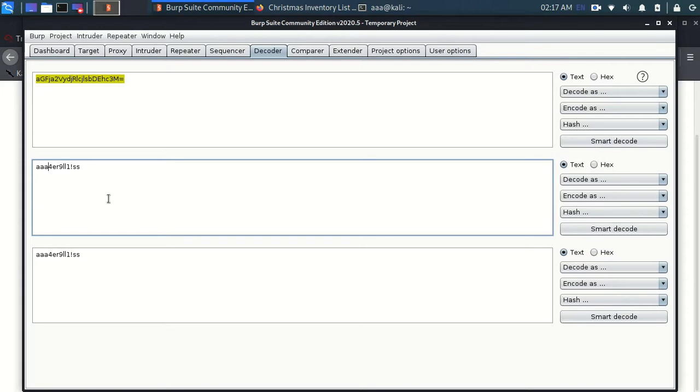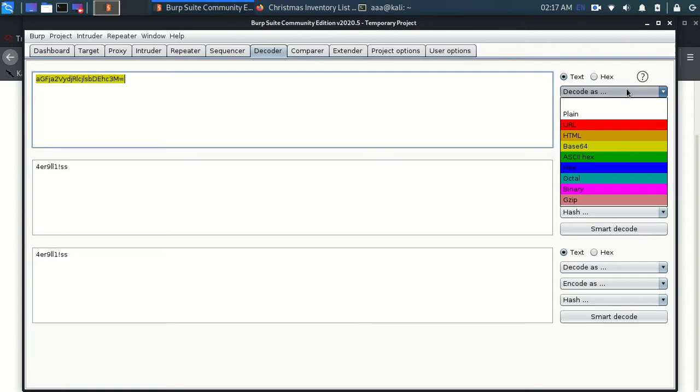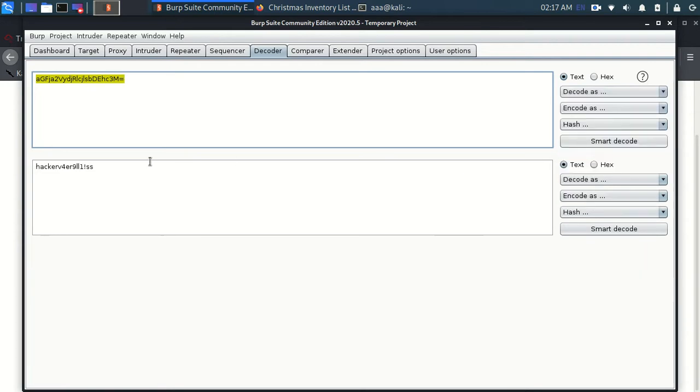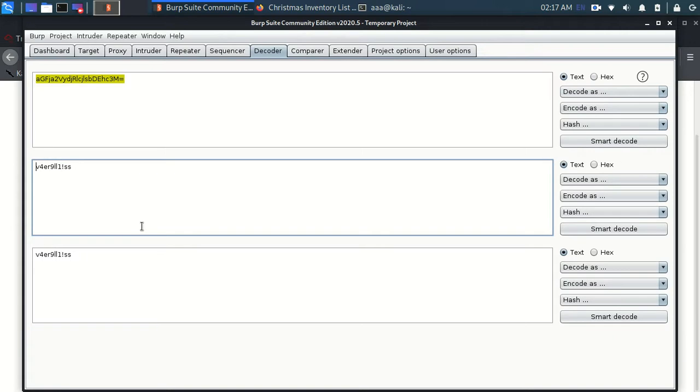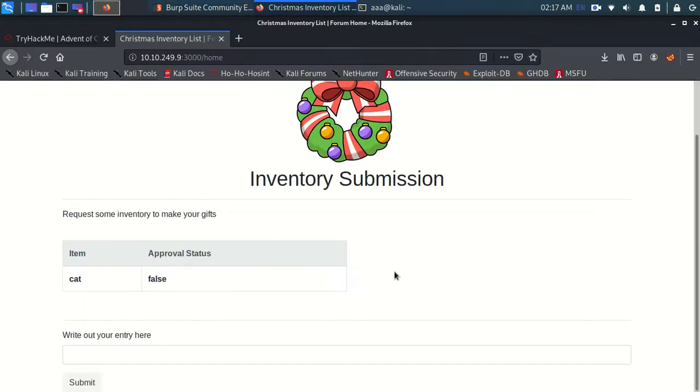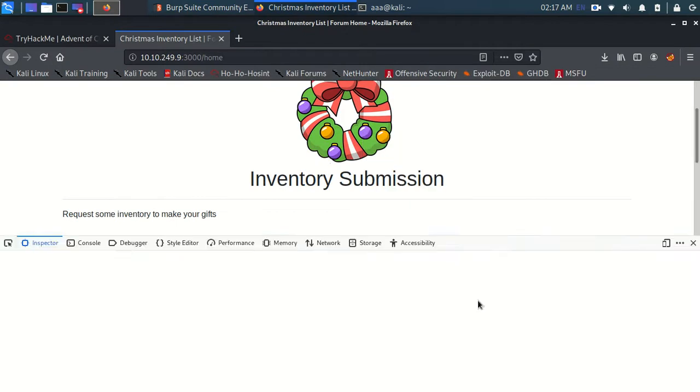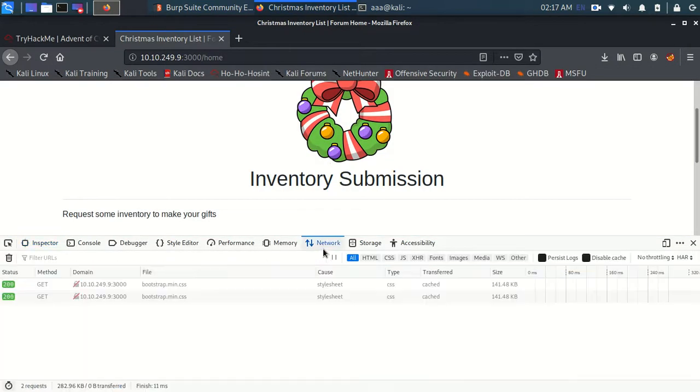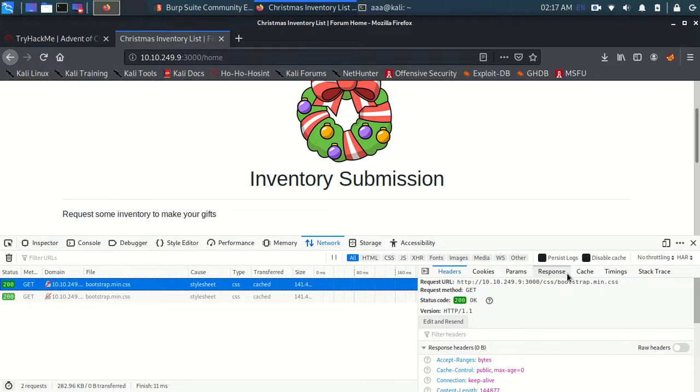For whatever I type, there are some constant parts and some parts which are the same as the username. Let me decode this again. After hacker, this is the constant cookie part which I am getting, and this is the cookie which was there. The cookie name is auth UID.